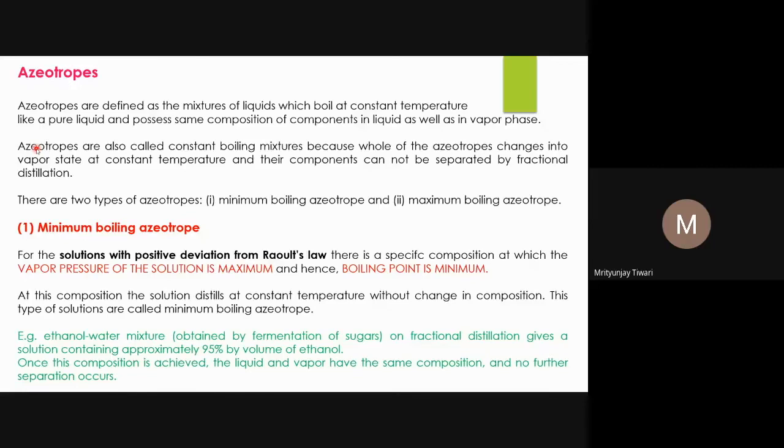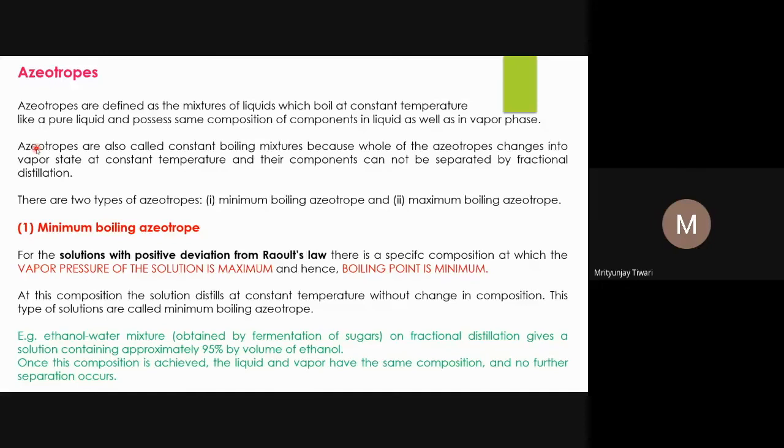Now what you do, you distill this solution, the ethanol and water. Ethanol water is a solution, and the ethanol that is formed is smaller in concentration. Now you try to extract ethanol from that mixture. So what people do, they do distillation, and in the vapor phase more ethanol will be there, they do it again. So finally, as soon as the 95% ethanol composition is reached, 95% ethanol and 5% water, if you do distillation, even after distillation, you find the same composition.